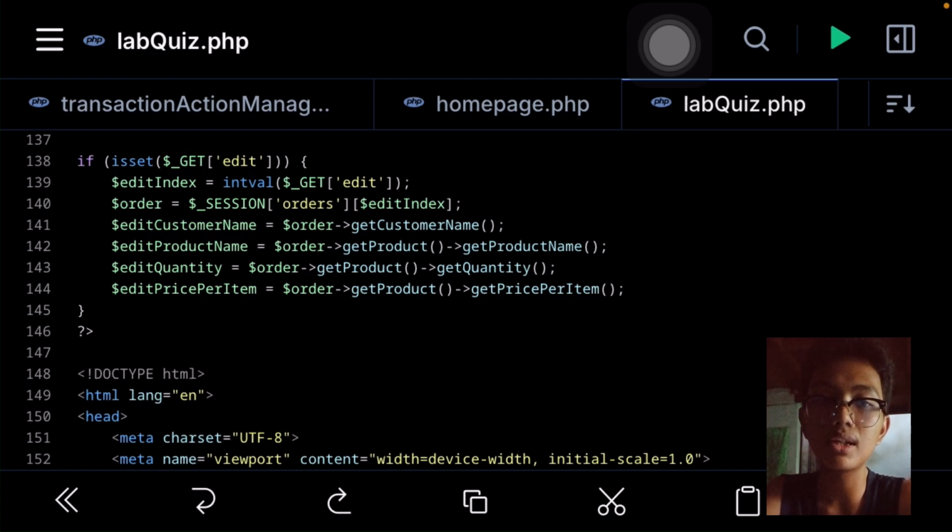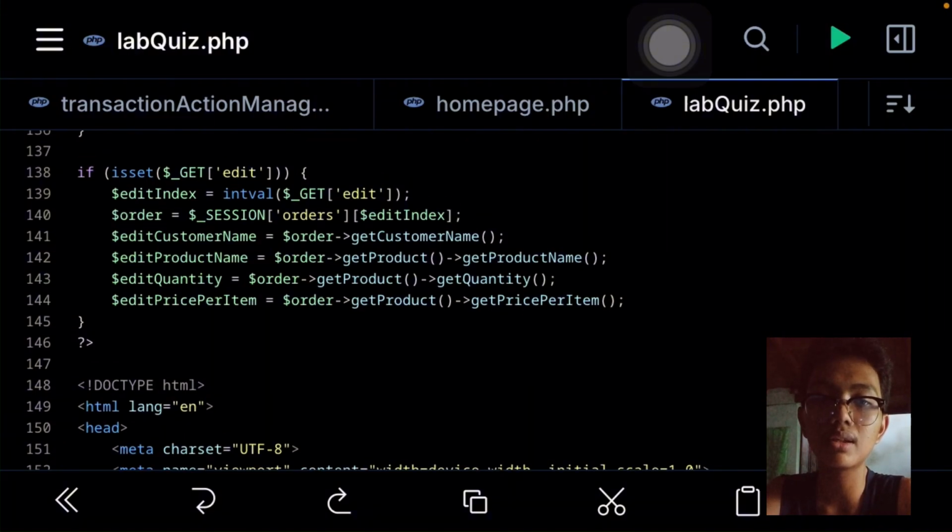And once the user clicks the save button, it will then perform the update operation, recording the new data inputted by the user.